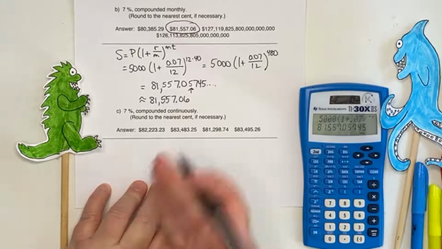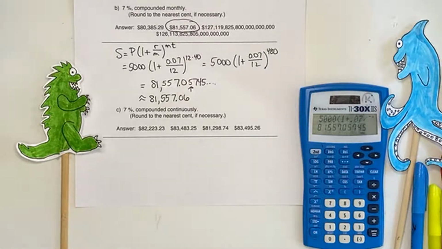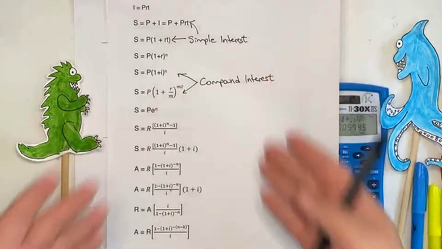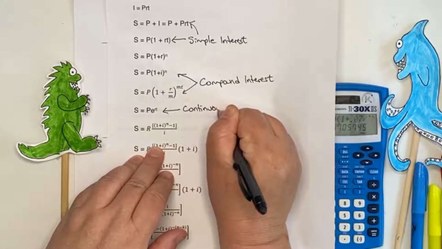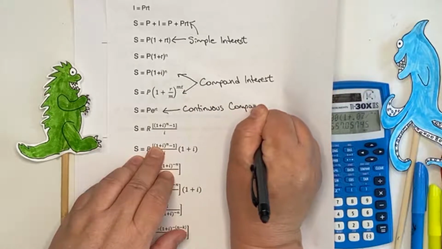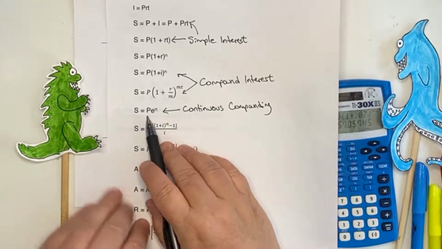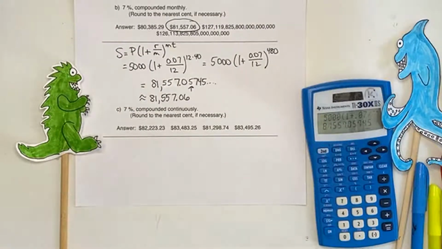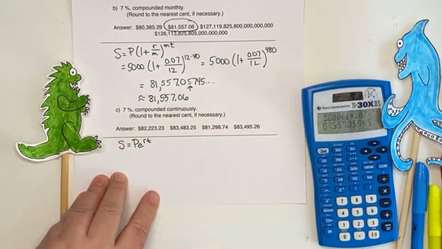Okay, last one. Now, this one is the one that really stresses people out the most. But in fact, this one's not that bad. Compounded continuously is easy to see. If you look at the formula sheet, it's the one with E in it. It's the only one with E in it. That's continuous compounding right there. It's the shampoo. S equals PERT, P-E-R-T. Okay, so I've got